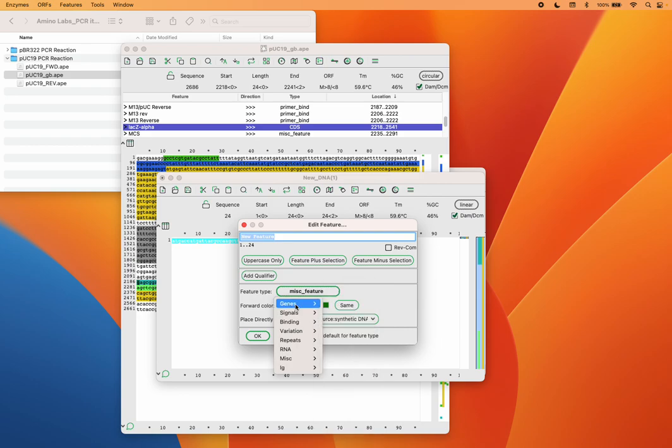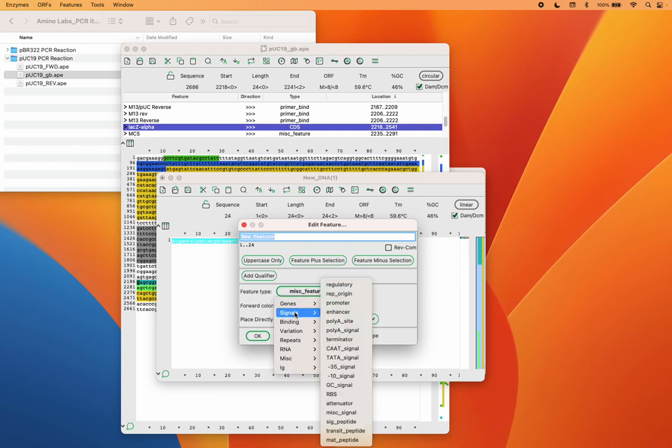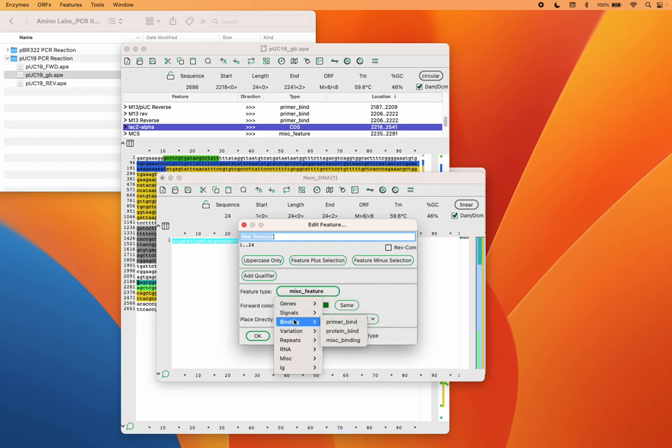But we want to go to, so we've got lots of different possible purposes of this sequence, and it's not a gene. Whoops, and then if we go here, it's not a signal, but when it comes to binding, this is a primer binding region. Okay, so this is a way to designate this DNA sequence as a primer,